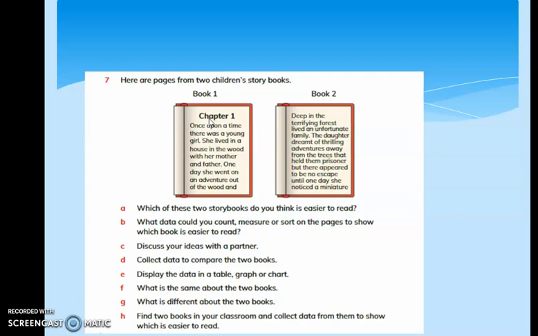my inference, my observation, is that book 1 is easier to read because the spacing between the lines is better here. Then the number of big words, that is words with 7 or more than 7 letters in a word, is